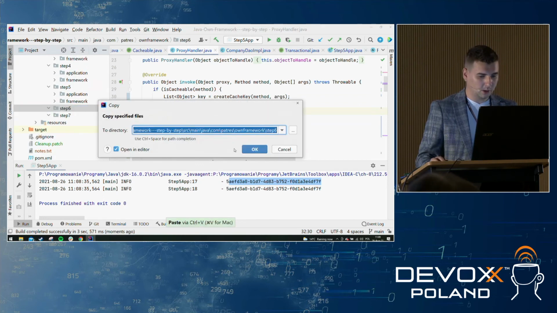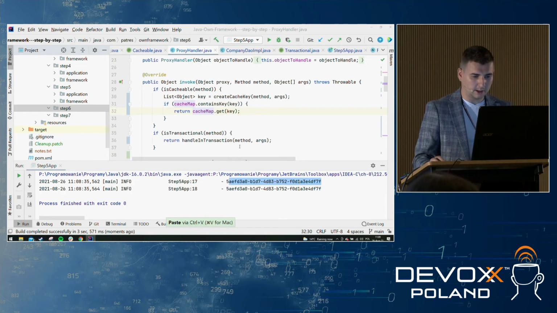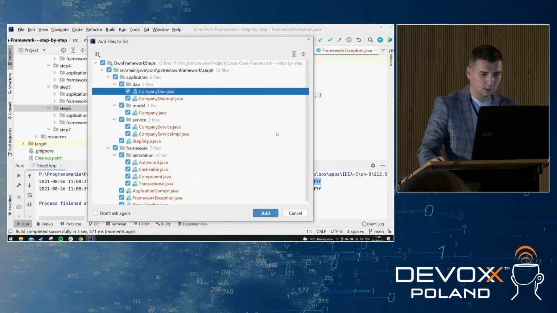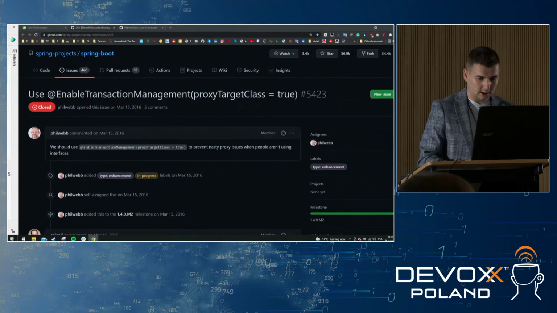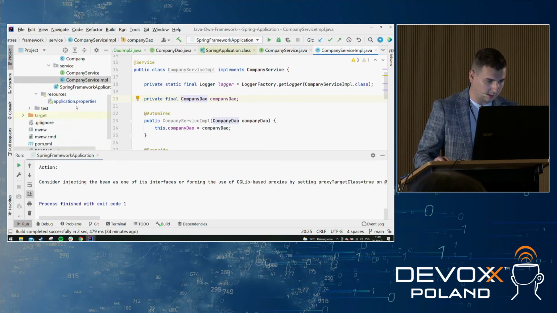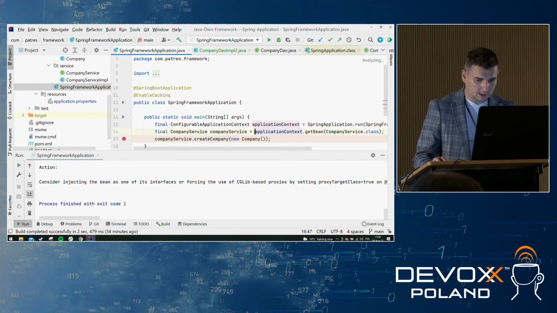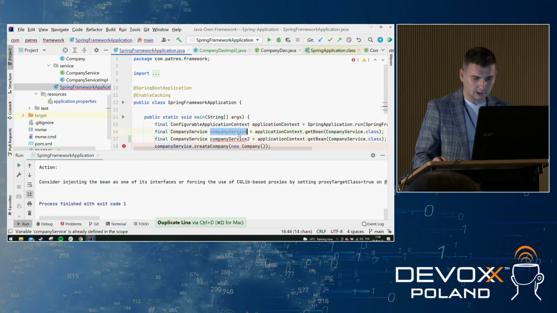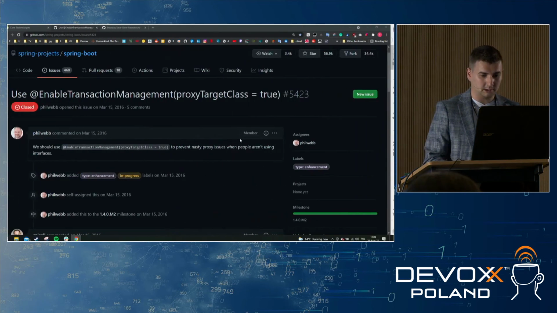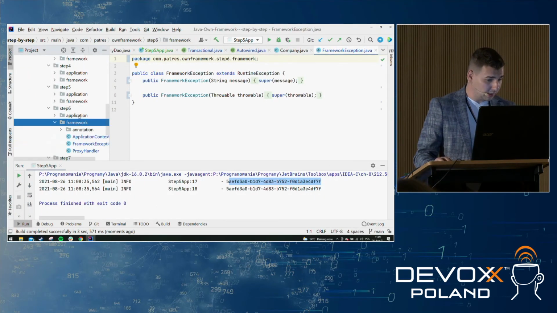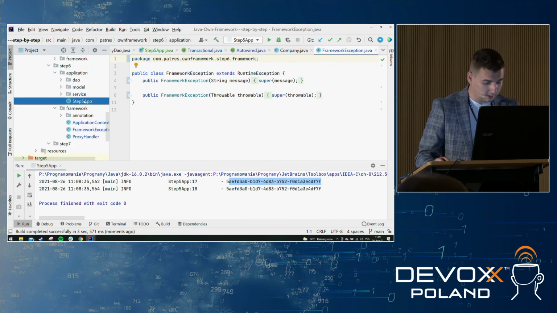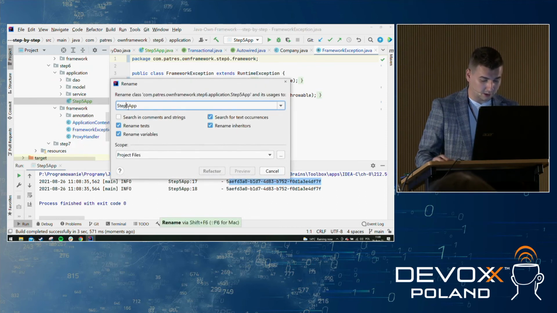In Spring, when we call method getBean two times, we expect that we receive the same bean. So I'm talking about something like this. So getBean twice. This one and this one are the same, because the default scope is singleton. So we can do it, yeah? So let's go to step, change the name,